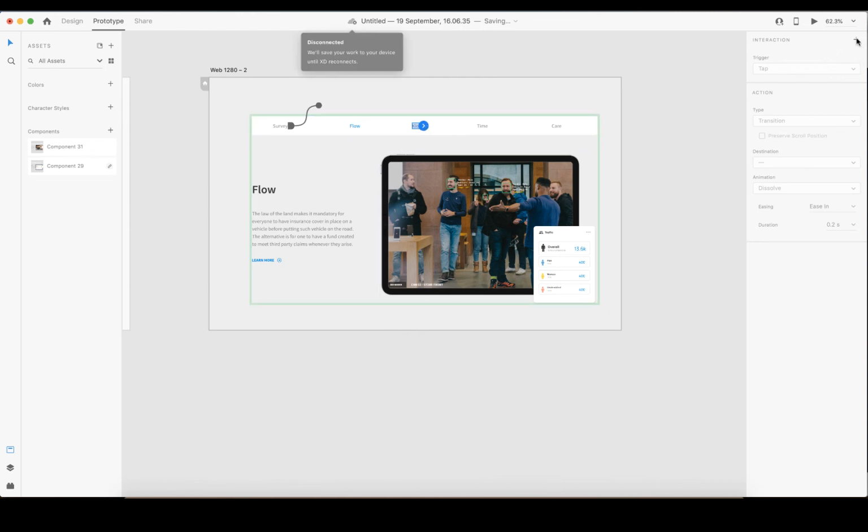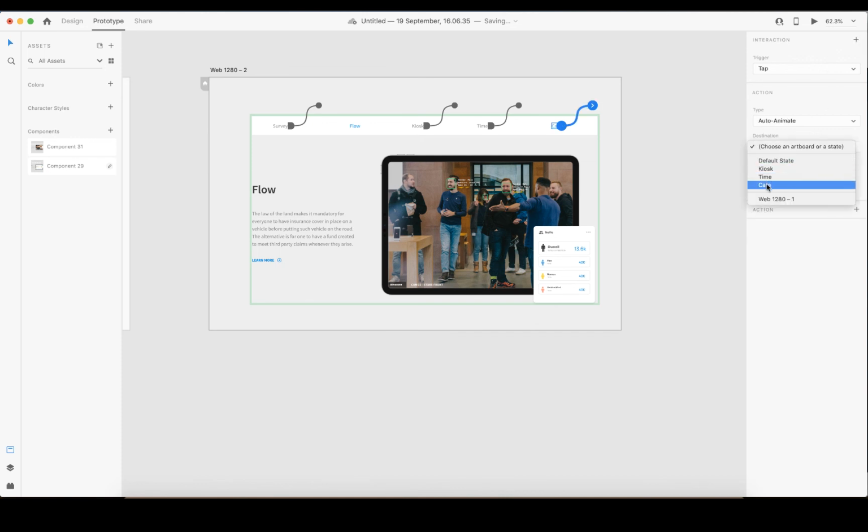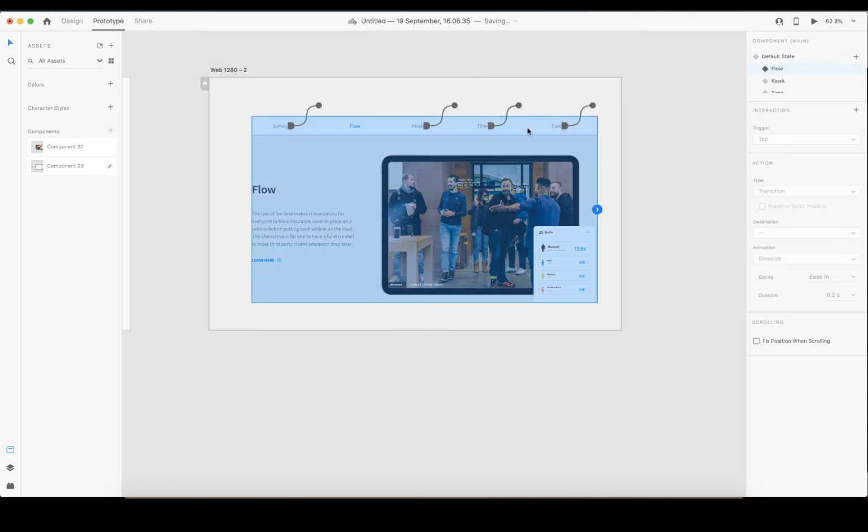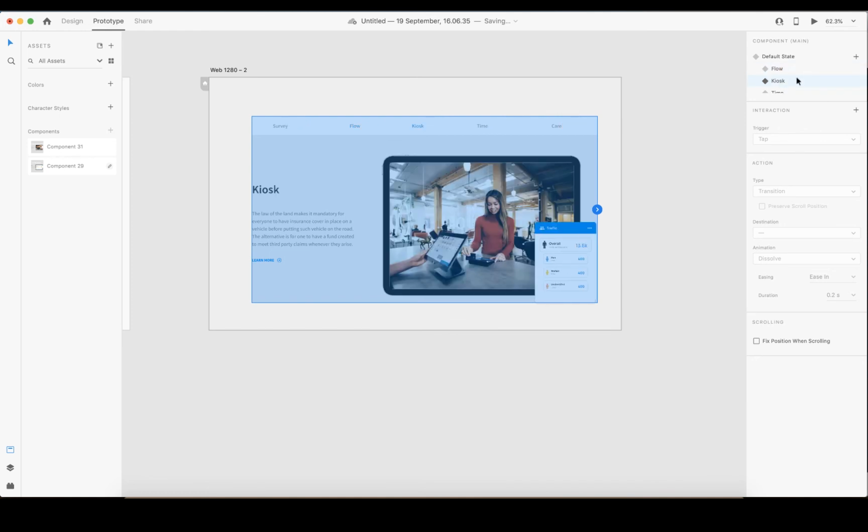On kiosk, do plus, then select kiosk, time, add interaction, destination, time, care, add interaction, select care. So you have to do that on all the prototypes. So let's go to the kiosk prototype now. Kiosk prototype. We have to start from the beginning.